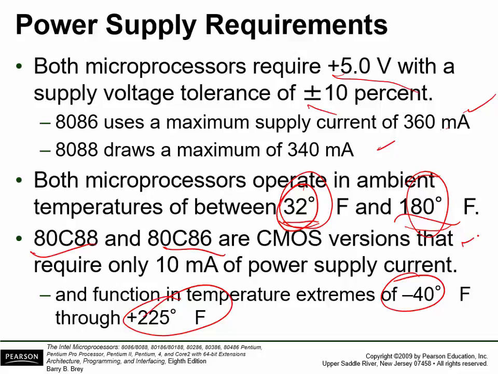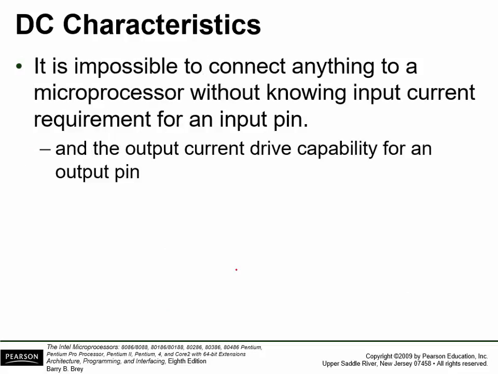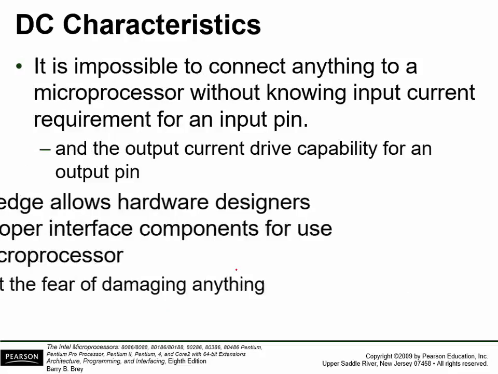This next bullet point shows that there are processors designed to operate in these wider ranges. And they also draw a whole lot less current, but they're also a lot slower. You give up something. You're only going to run 10 milliamps of power, and you can operate in a huge range, but you're going to operate at a fraction of the speed. Okay,